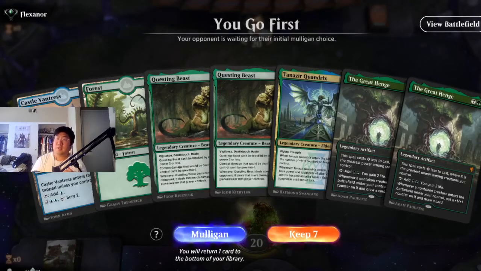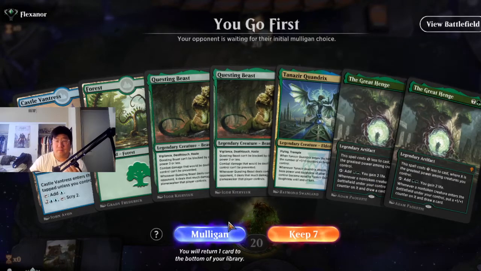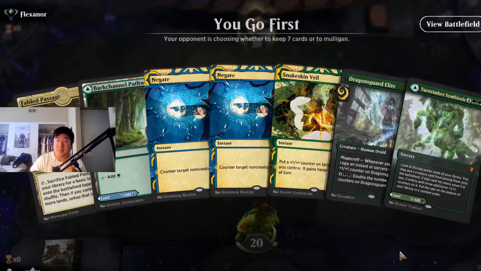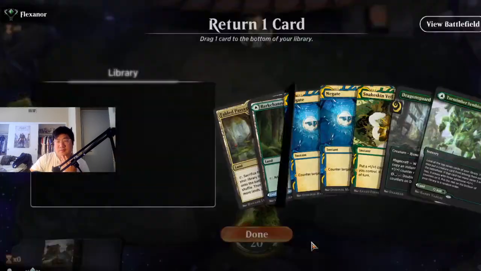We're going first. I think I have to mulligan this, right? Yeah, probably. Too many heavy drops. This I can keep. Don't think I need 2 negates, so that's...